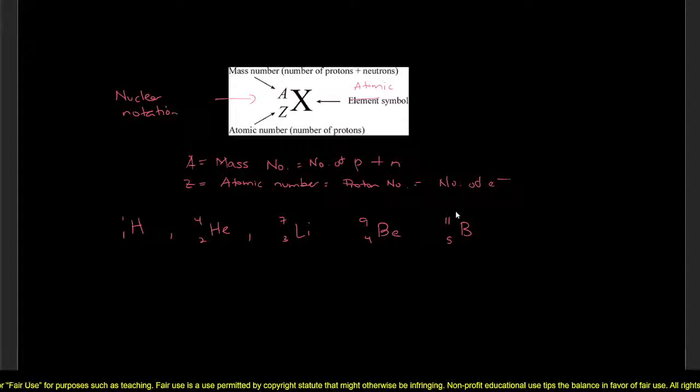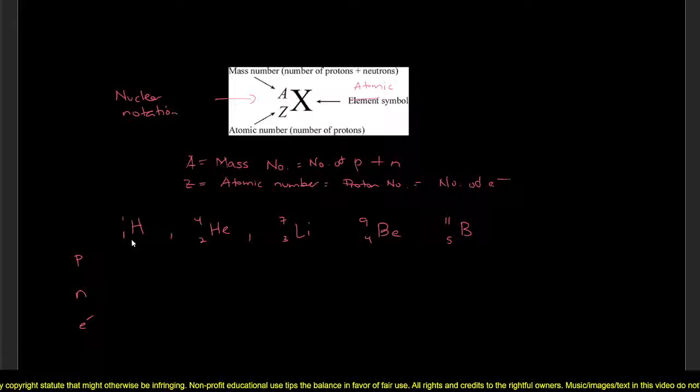Based off of the mass number and the atomic number, you should be able to determine the number of protons, neutrons, and electrons in each atom,